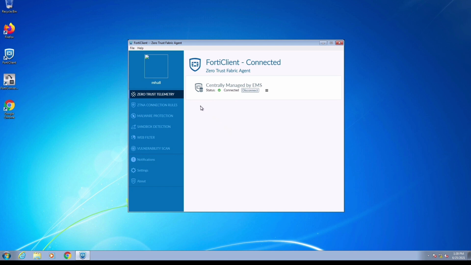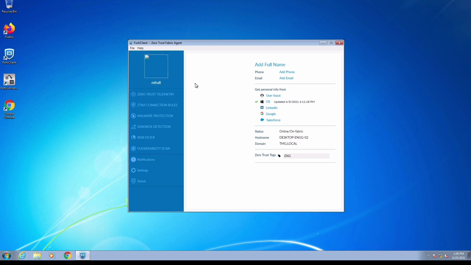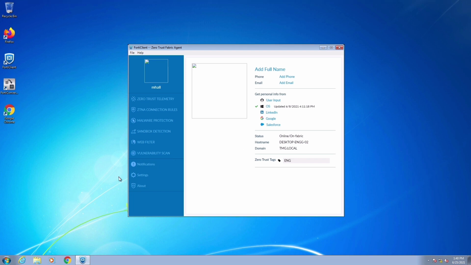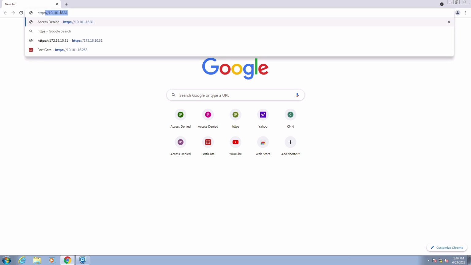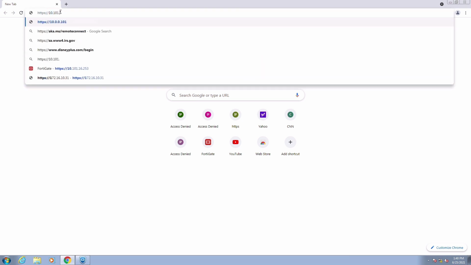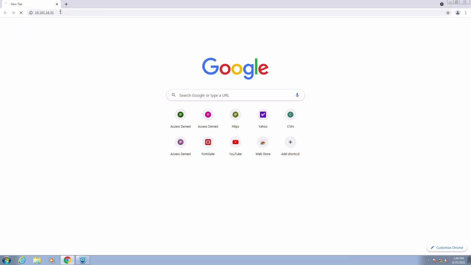The last use case I want to cover is related to local devices on the corporate network. Again, in the FortiClient console, we can see that the endpoint received an engineering tag and the status is on fabric, which means the device is local. The same firewall and proxy policies will be applied to this device as well, offering the same security measures whether the endpoint is on or off the network. We can run the same test as in previous steps to verify the functionality.